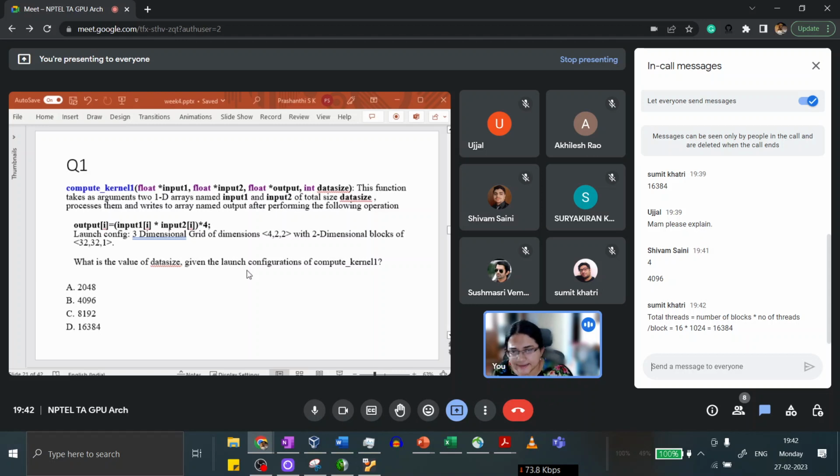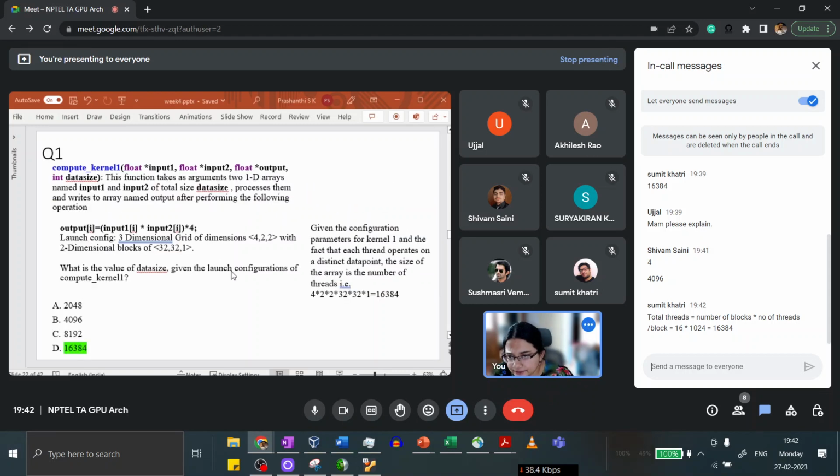So let's discuss the solution now for anyone who hasn't gotten it. So the answer is 16,384. How do we get there, right? So first of all, how do we get the total number of threads? And as someone has pointed out on chat, you get that by multiplying the number of blocks into number of